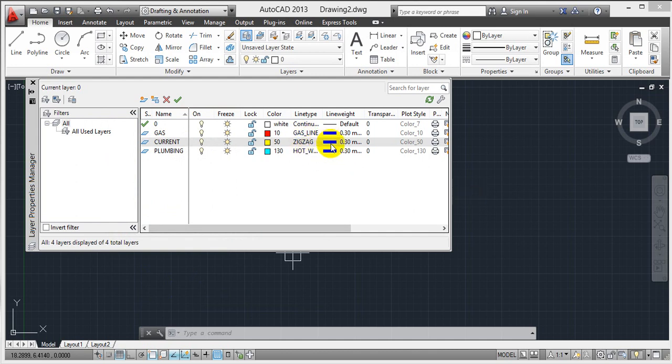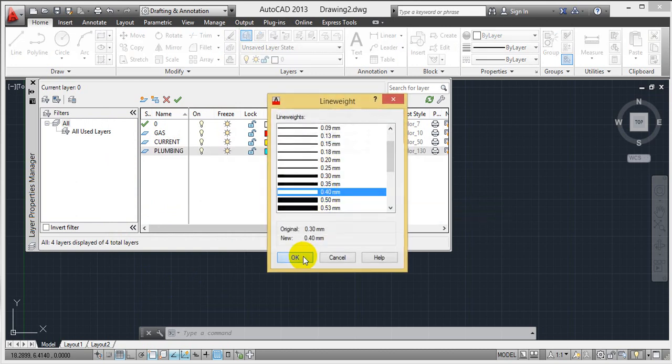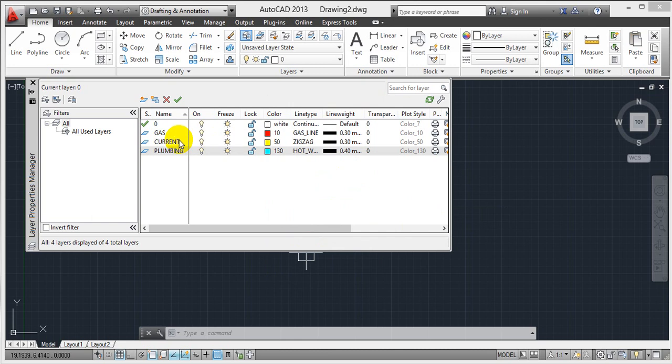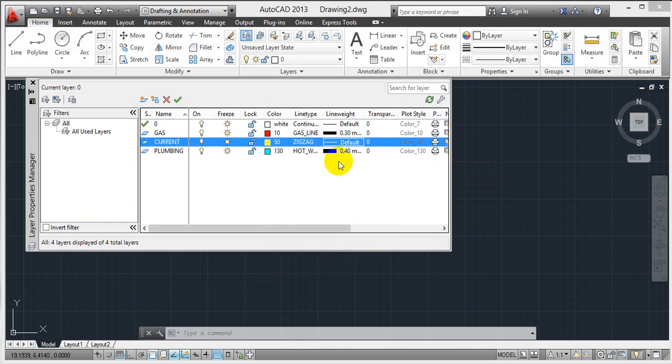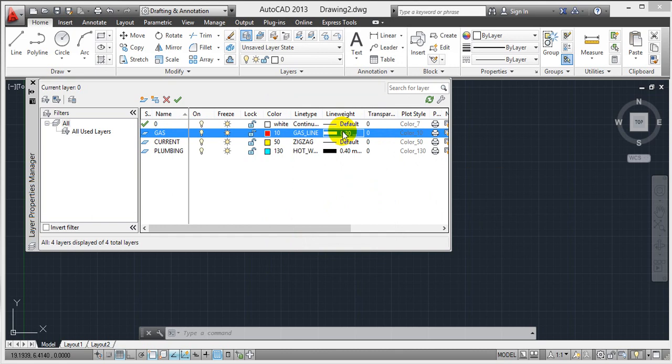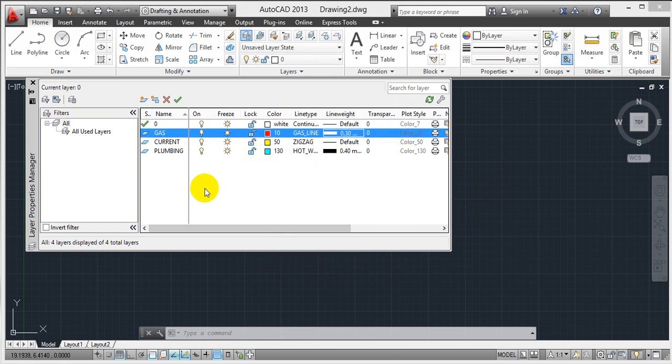So every line type we can manage it. Plumbing needs a little bit thicker compared to normal one. Current doesn't need any thickness, so I'm making it default, and gas line also a little bit thickness. Now everything completed.